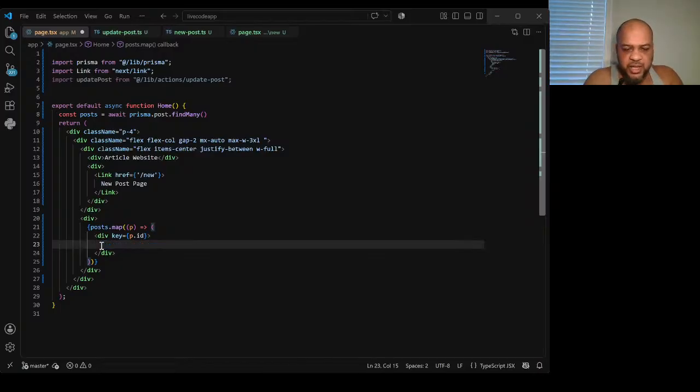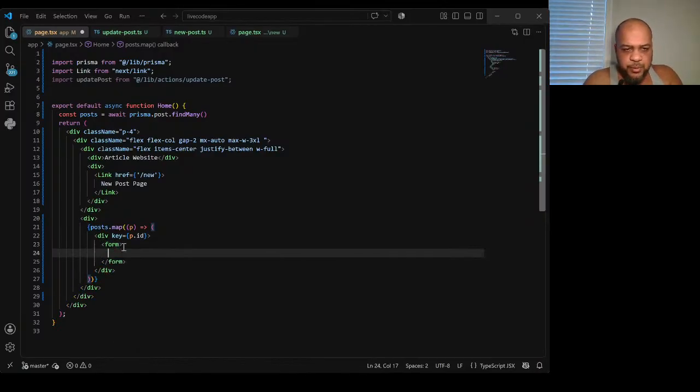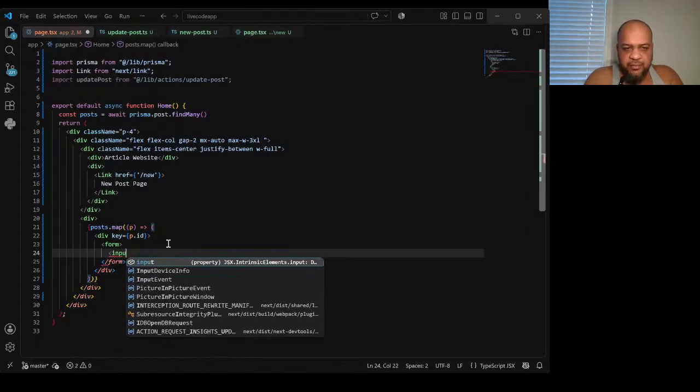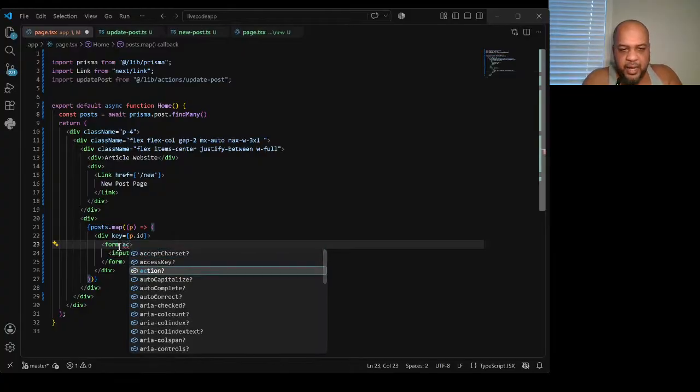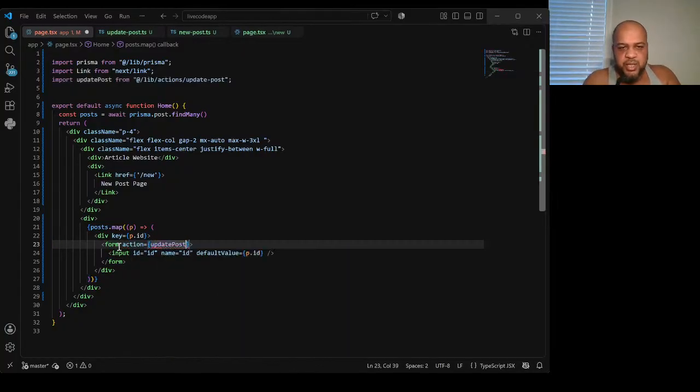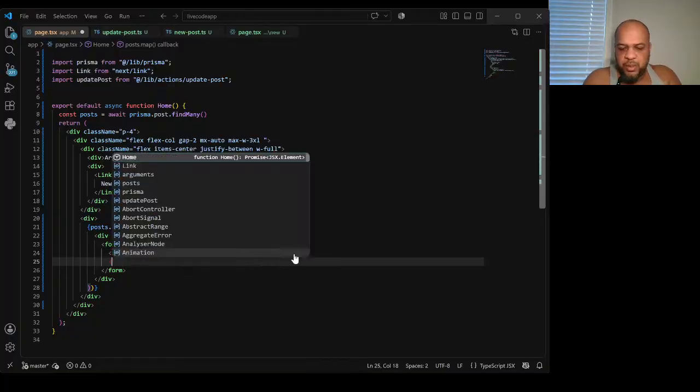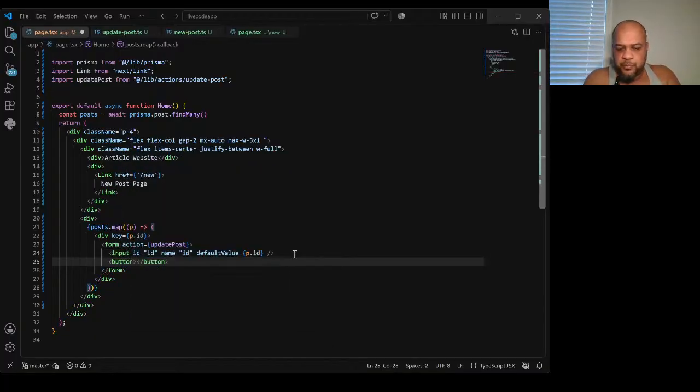I'm going to remove this p tag and pass in a form, and it is going to have an input with the ID as the ID, name as the ID, and the default value is going to be p.id. I'm going to click save for right now. The action for this is going to be update post, and we'll pass a button of update post,